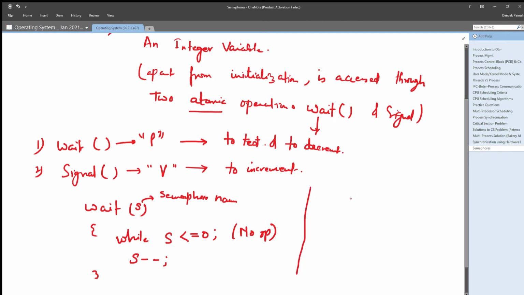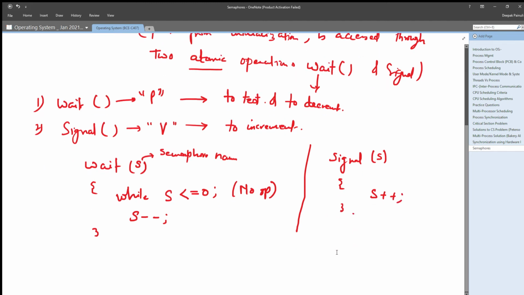You will see when we provide solutions to classical problems of synchronization by using these semaphores, then you will understand the value of these functions, how very useful they are for developers, right? And signal function will simply increment the value of semaphore by 1,